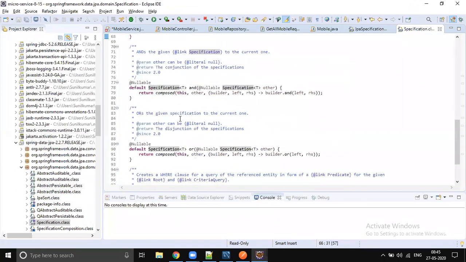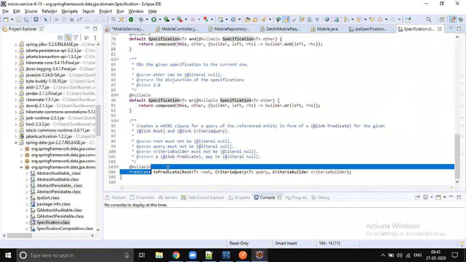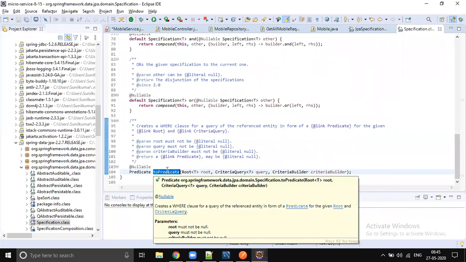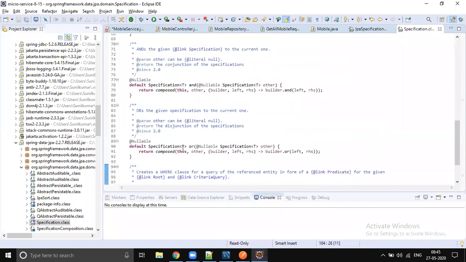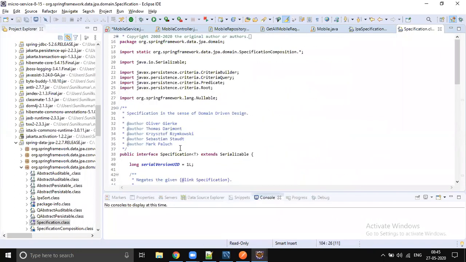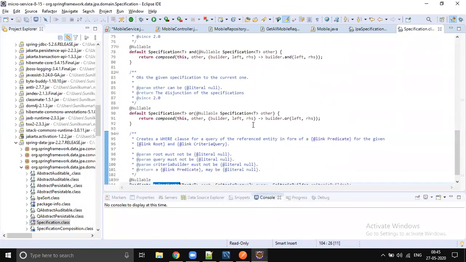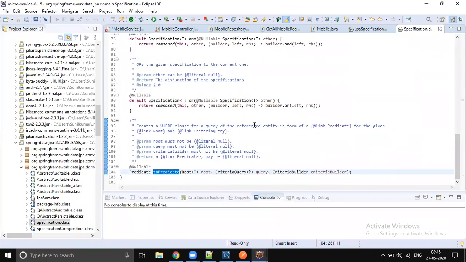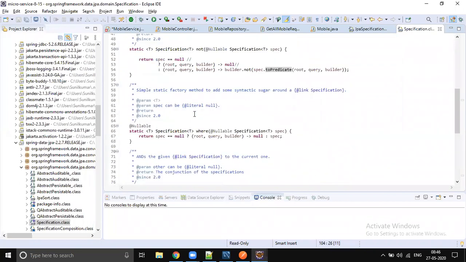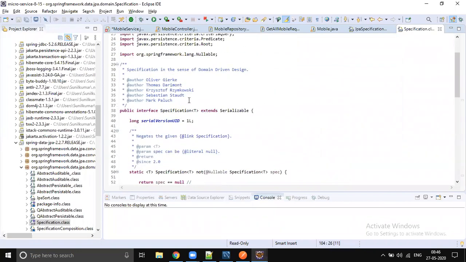So you can write a lambda expression because this is a functional interface. It's not marked as a functional interface, but still it has only one abstract method. So as it is not marked, don't write a lambda expression. Let's write an inner class.